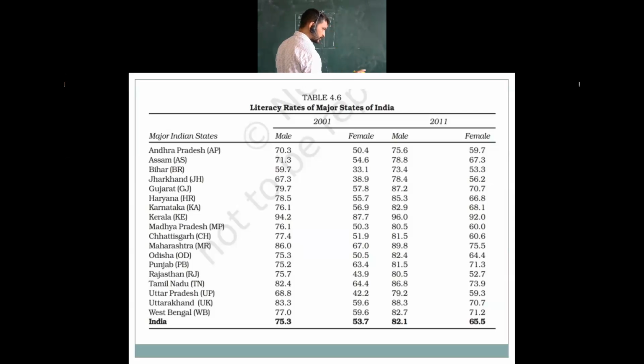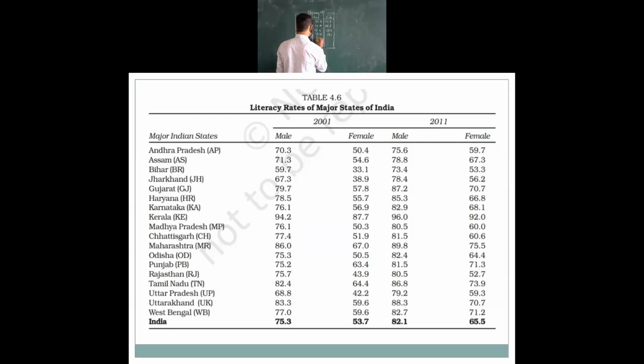Then next, Andhra Pradesh, 50.4, and one more, 59.7. Then next, Karnataka, 56.9, and the same, 68.1. Next, Maharashtra, 67,